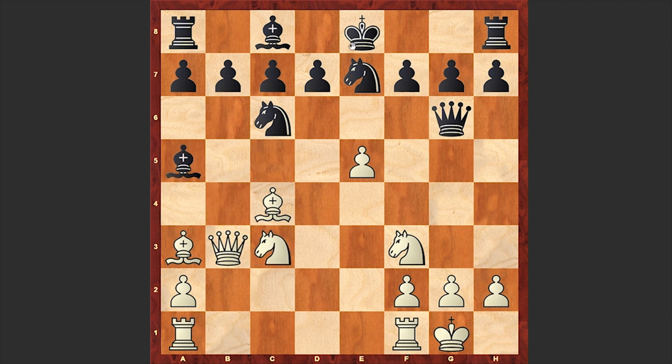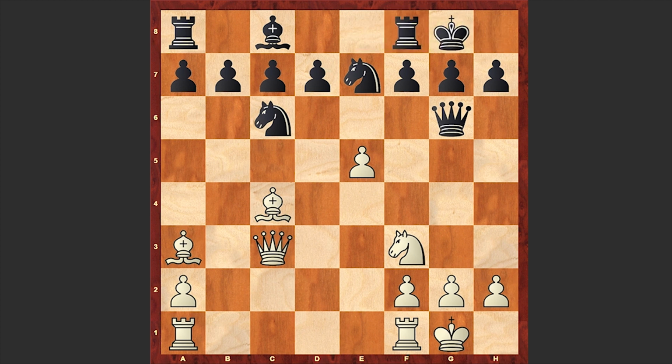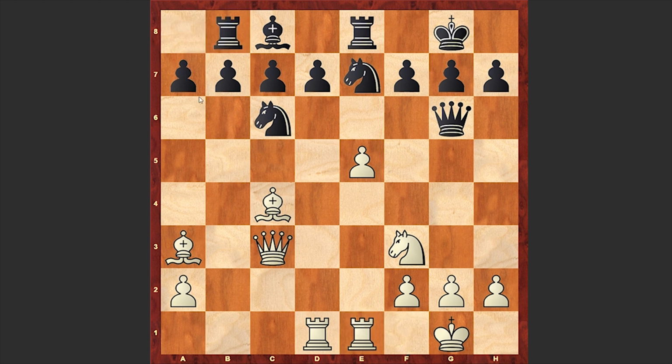There was no need to capture on c3. Castling kingside can be also played, but we see castling kingside only after an exchange on c3. Rook d1, meanwhile white is centralizing his heavy artillery, and rook b8. Black wants to go for b5, b4 advance, but this doesn't give black much. Playing knight d8 followed by knight e6 could allow black to strengthen the position, but in the game we see